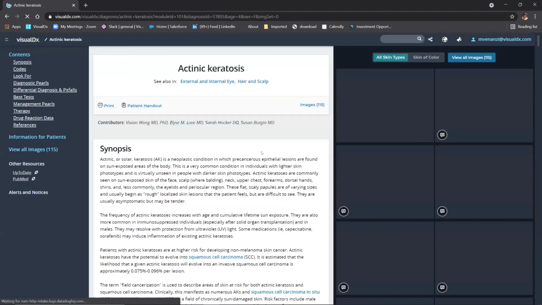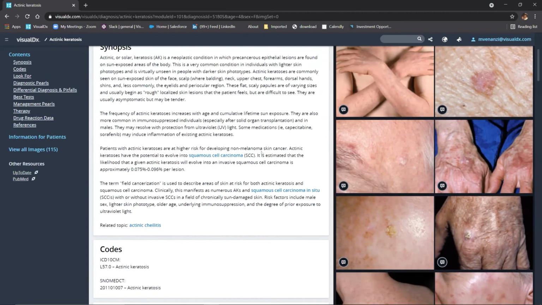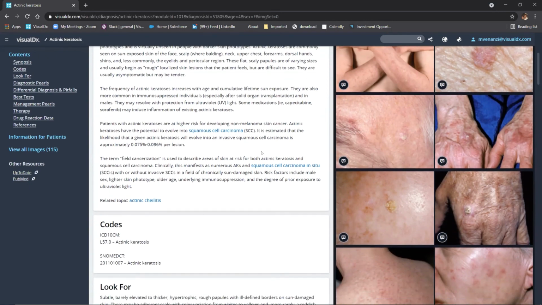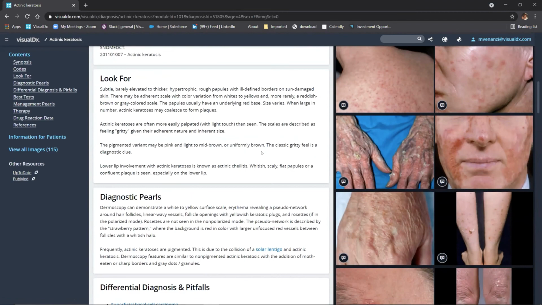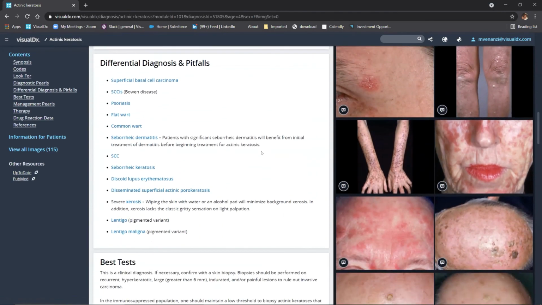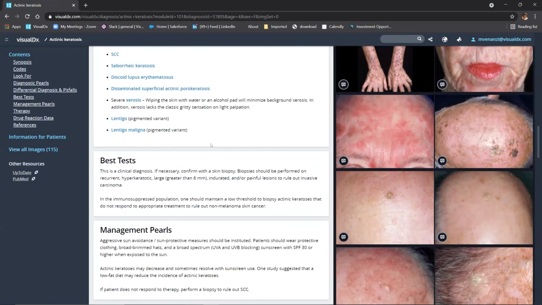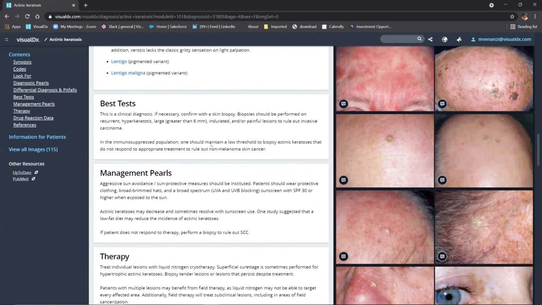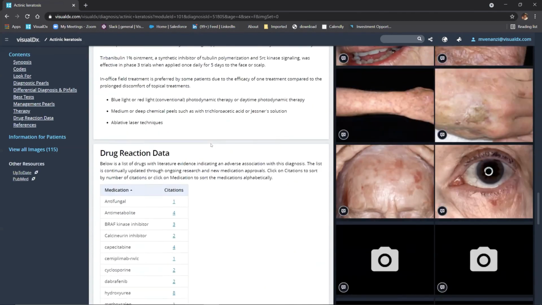I'm going to go right to the page, and what you see is a quick synopsis, really written and intended to be used at the point of care, very concise and to the point. You have your billing codes, things to look for, diagnostic pearls. You have a nice differential diagnosis and pitfall section here with the hyperlinks. Best tests, how to manage it. You've got therapy options, and then also at the very bottom of the page, we have our drug reaction data